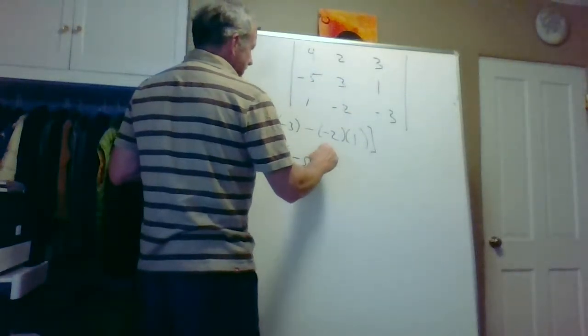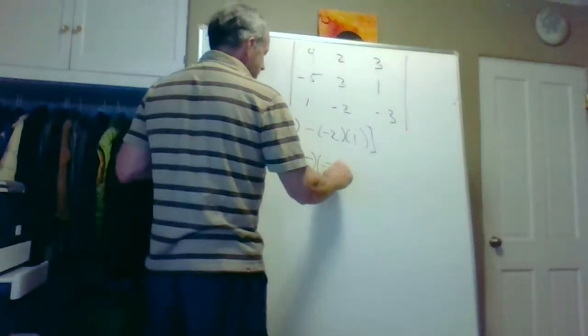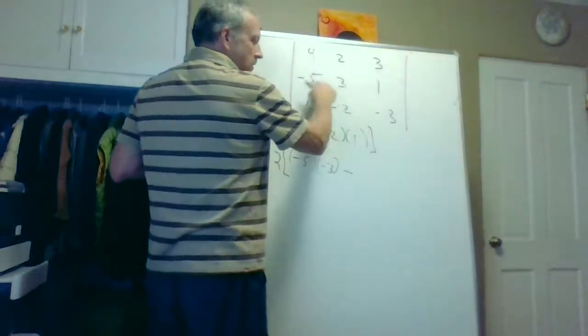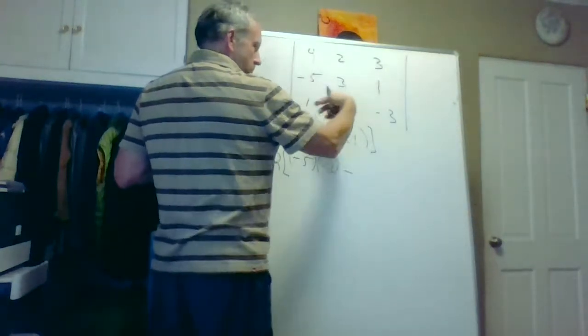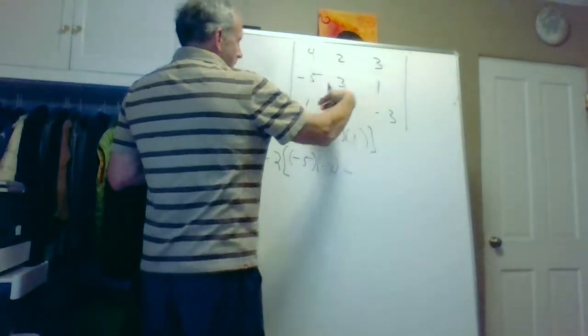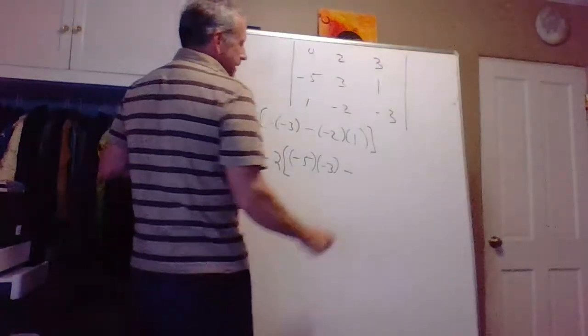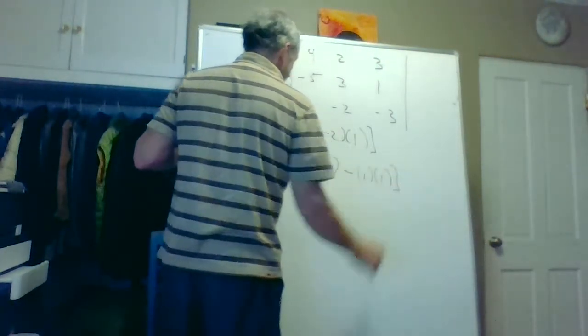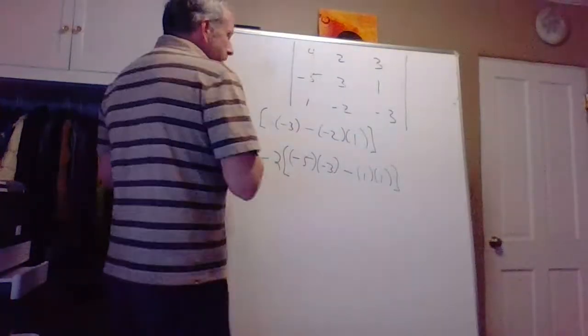So -5 times -3 minus, because we multiply along this diagonal and then subtract the product of the elements along that diagonal. So minus 1 times 1. And then finally,